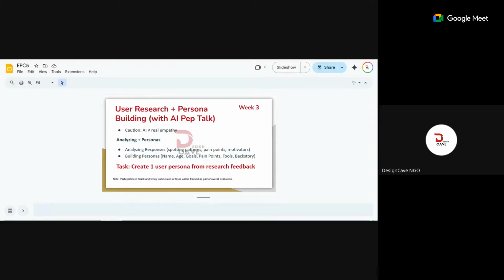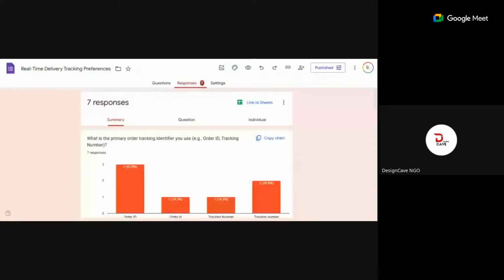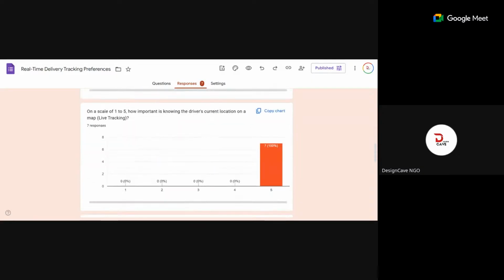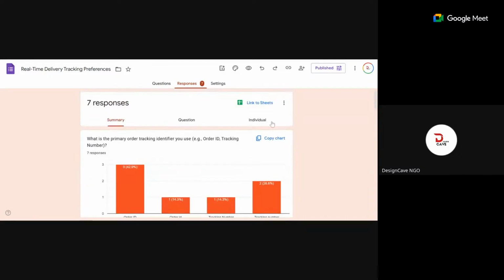But let me see. Do we have access to our browser? Let me see if I can share the responses with us. Let me share our response here, and let me share this tab. Yes, we have 7 responses, which I think is fair enough. This is where you get to link it to a sheet.